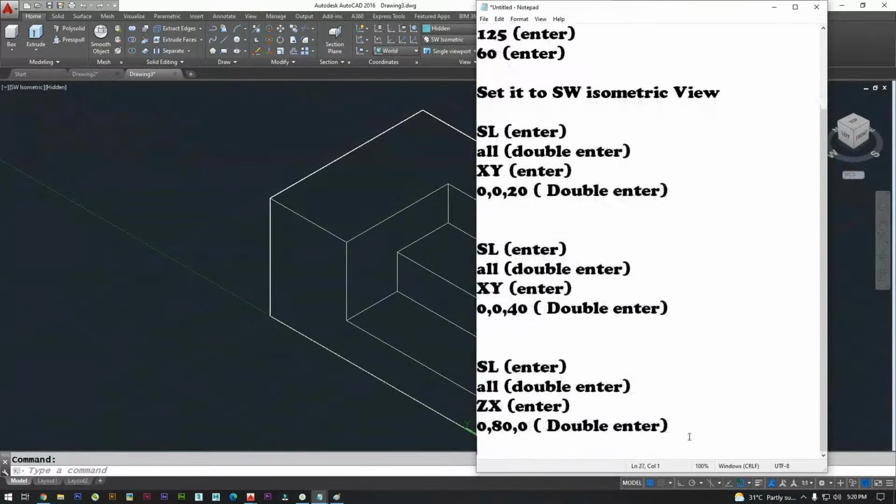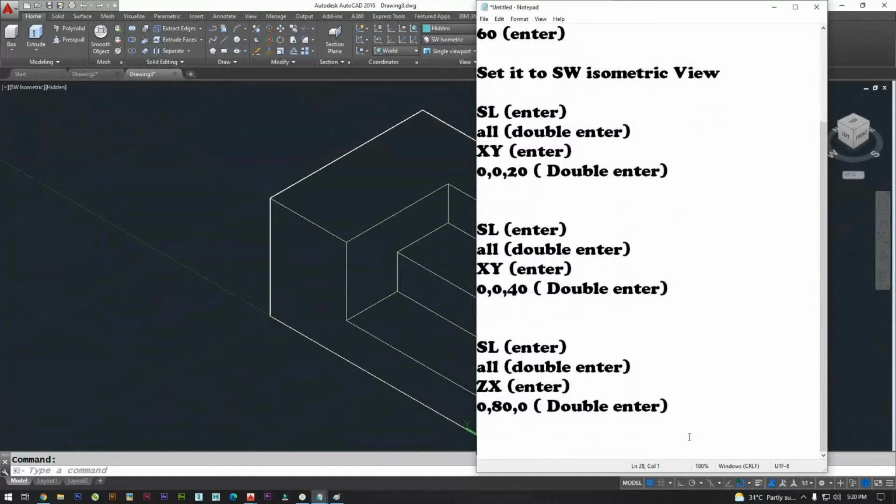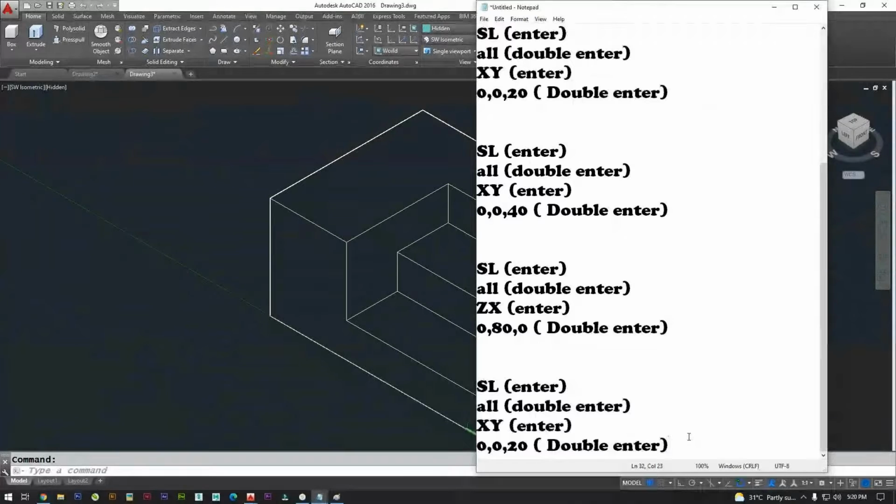Next step again YZ. So the value is 30, 0, 0.